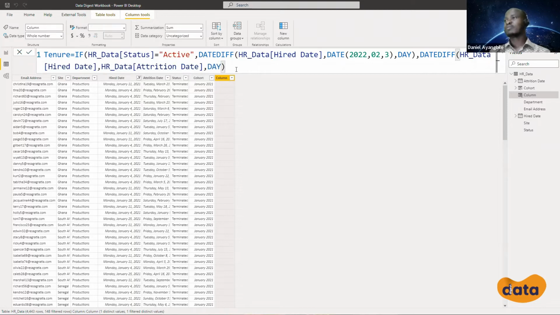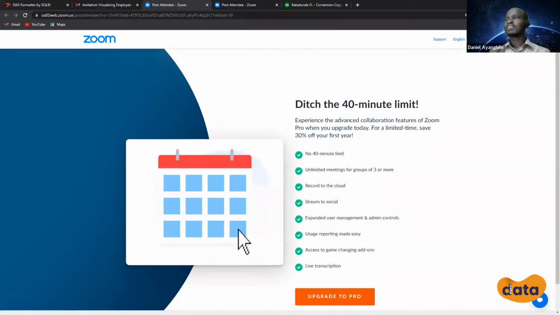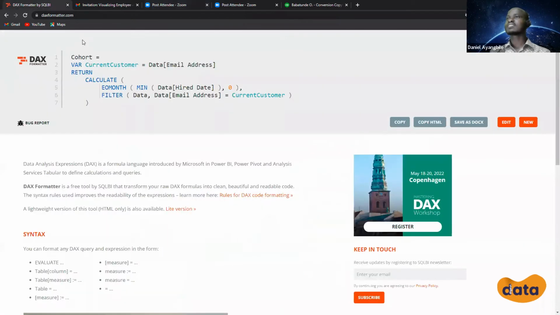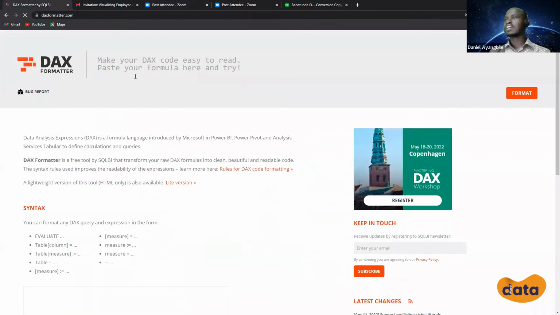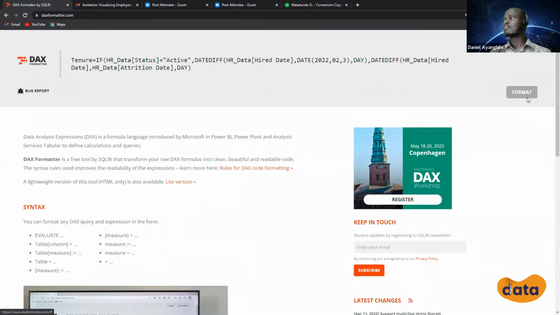Probably you don't know how to format your DAX very well. You can always use, I think SQLBI has one. I'm doing this to give us an instance. So go to daxformatter.com. So you come here. When you get to daxformatter.com, just let me refresh this. In order to make your DAX readable for people, copy it from where it is with the name as well. So paste it. When I paste this and I click on format,